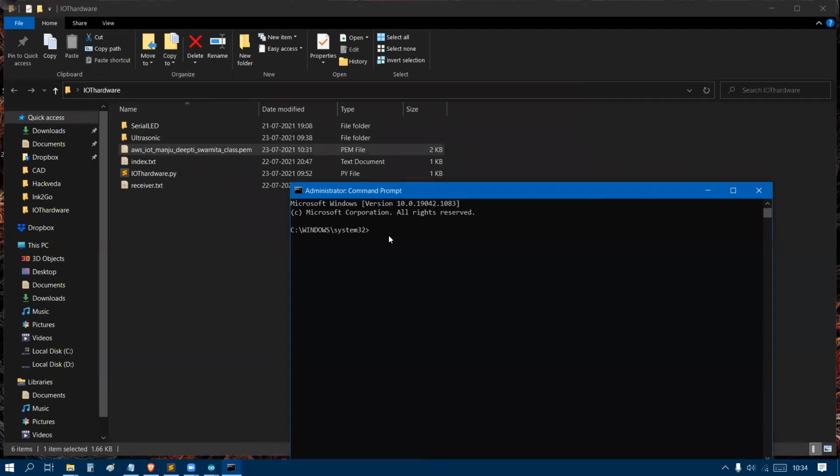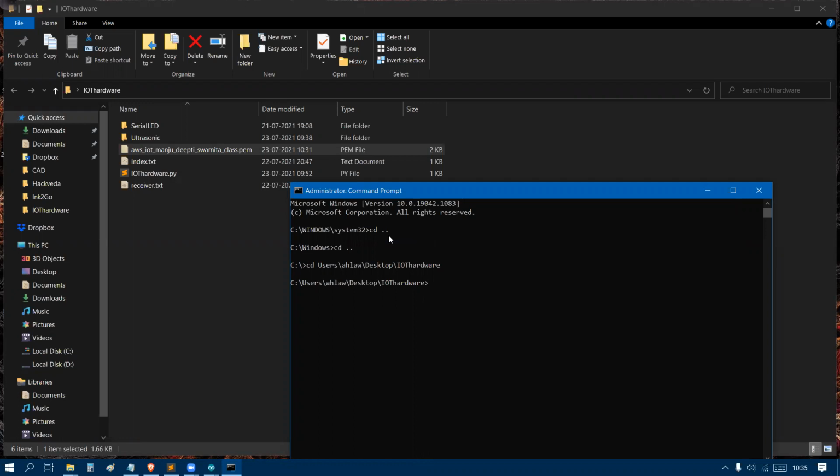I have to go back a bit because it's in users. So cd users, then the user folder, desktop, and then IoT hardware.